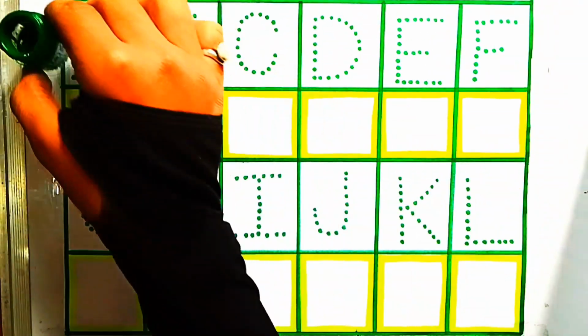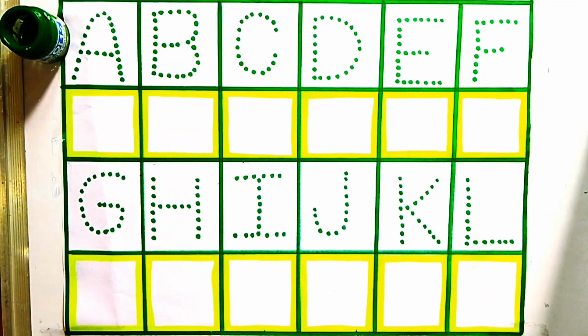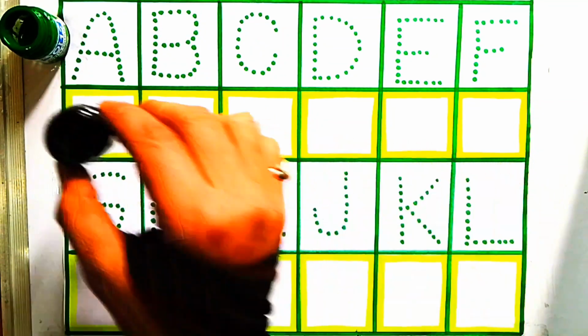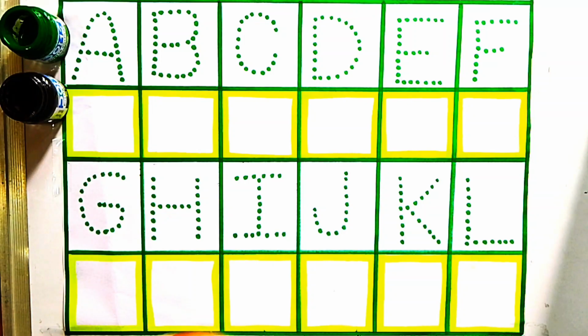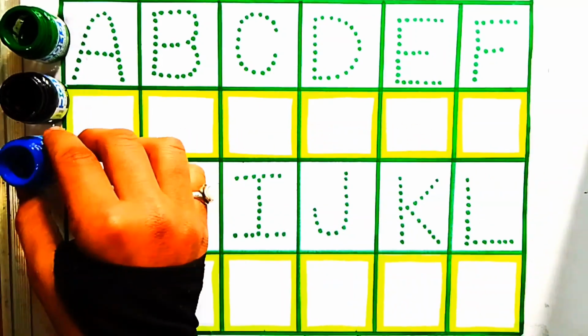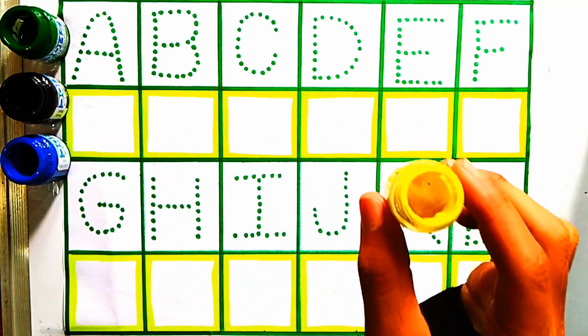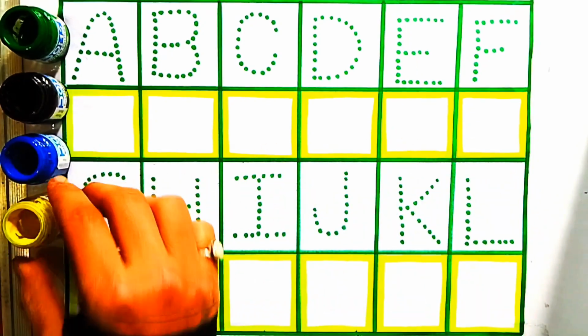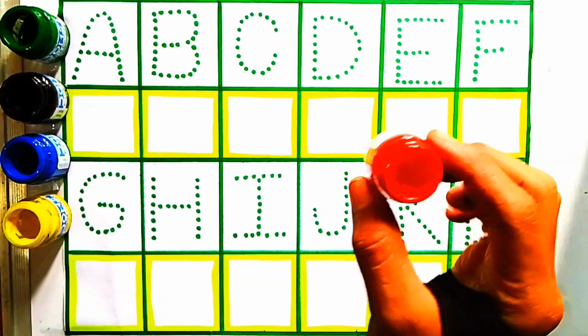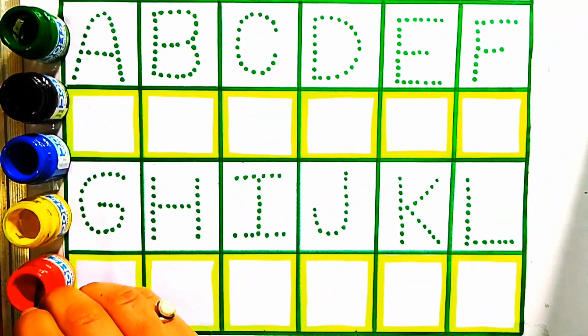Green color, this is black color, this is blue color, this is yellow color, this is red color. ये है बच्चों रेड कलर।